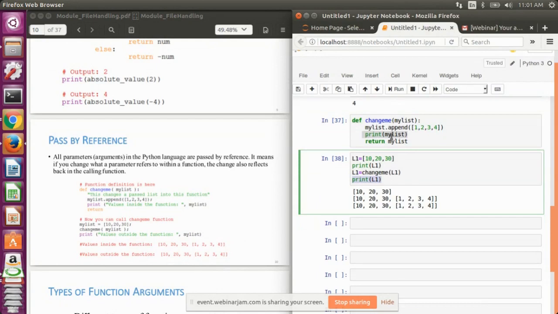So you can see, I made the changes inside the function, and they are getting reflected outside the function. So now let's call the same thing.